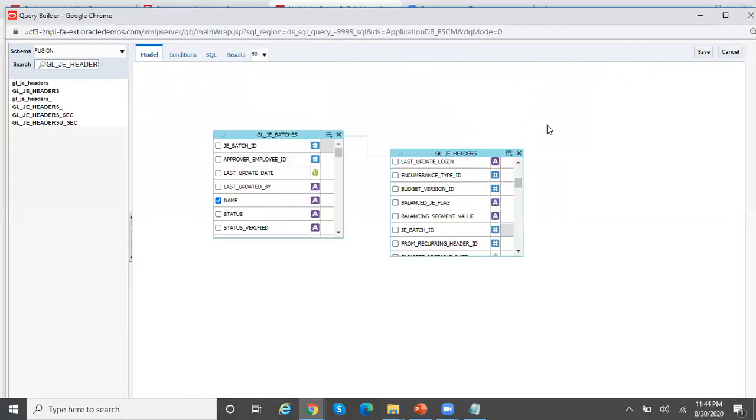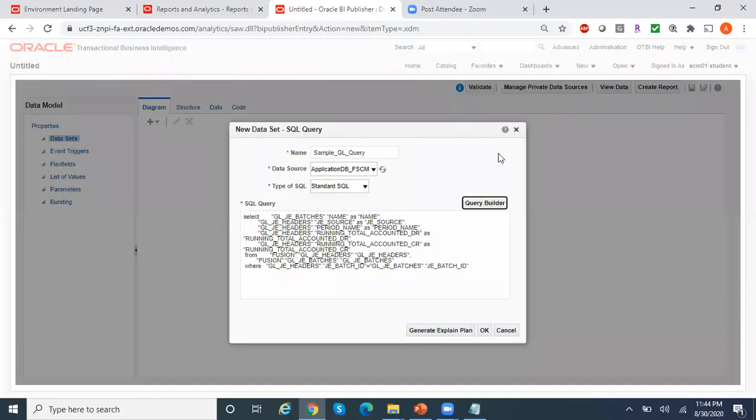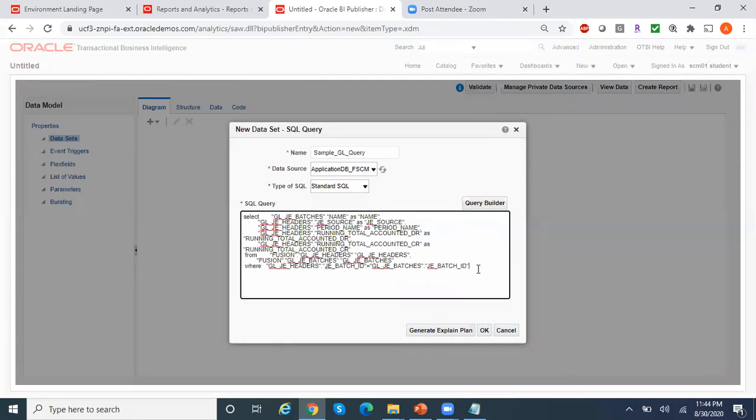Okay. Now, click on save. When you click on save, the SQL query, whatever you have seen there, automatically got copied here. This is just a kind of simple SQL query, but you can write any complex SQL query. You can write a lot of other conditions which you want. You can also create your dynamic parameters and so on. But the focus of this particular video is to show you the steps involved in creating a BI report. So that's the reason I have taken a simple example.